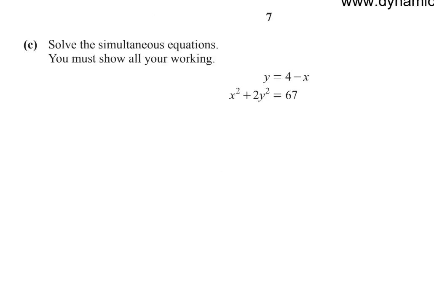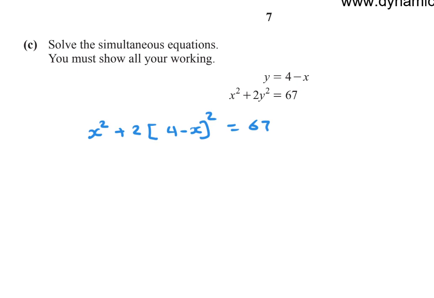Now C, solve the simultaneous equation y equals 4 minus x and x squared plus 2y squared equals 67. One linear, one quadratic. Start from the linear, find y or x, you have y, then substitute in the quadratic. So now you need to substitute y by 4 minus x. So x squared plus 2, and now substitute y by 4 minus x, so (4 minus x) all squared